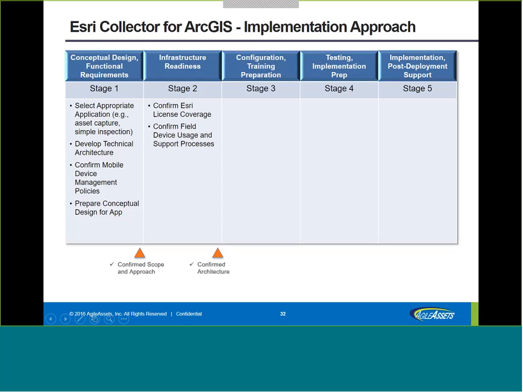Then we look at the infrastructure readiness side. Your GIS folks will ask, do you want to add 100 new mobile users here? Do we have enough licenses? Do we have enough capacity on the server to handle that? The IT folks will say, we now have to support 100 iPads out there. Are we ready for it? Who are they going to phone? It's all those IT things that sometimes take the longest, not really the application side of configuring it. And then the third phase is really about configuring the solution,